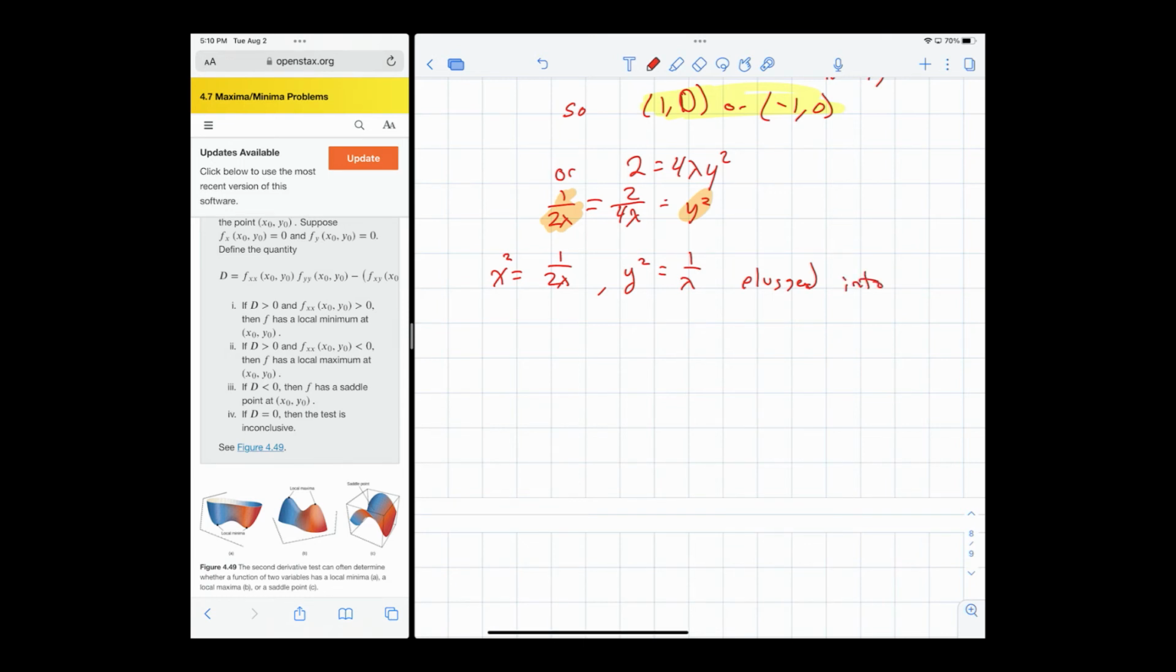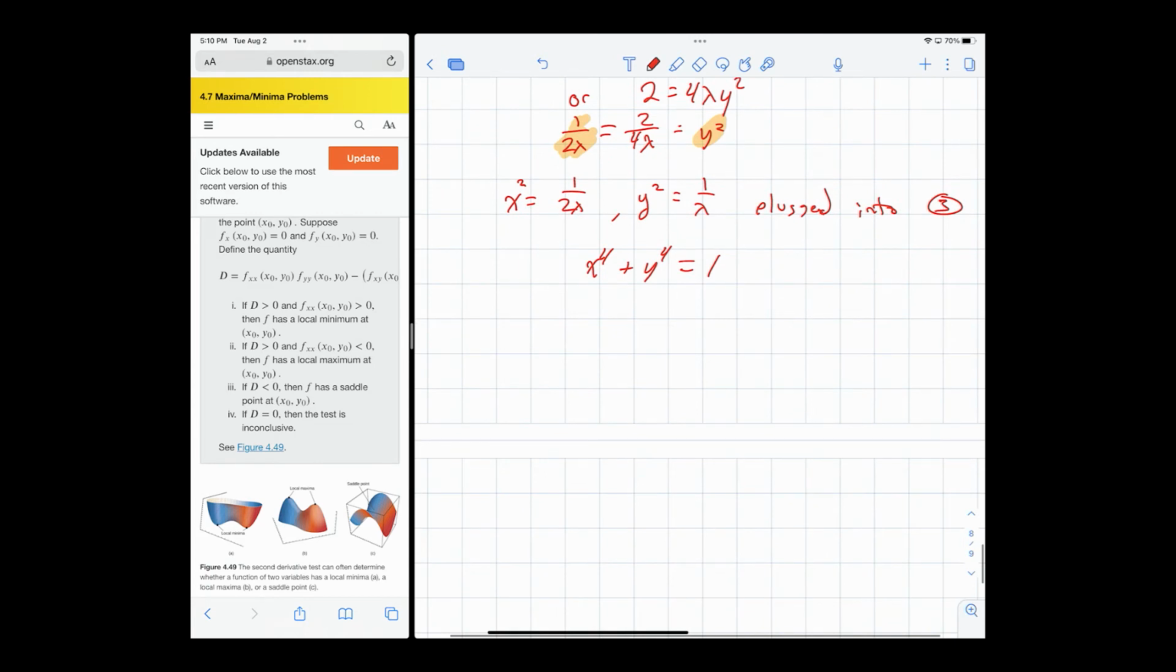that third equation, which was x to the fourth plus y to the fourth equals 1. But x to the fourth is x squared squared. So you can go 1 over 2 lambda, squared, plus y to the fourth is also 1 over 2 lambda, squared, equals 1. And then you can solve that for lambda,